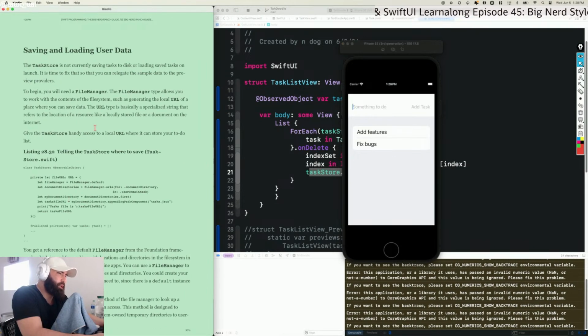Saving and loading user data. The task store is not currently saving tasks to disk or loading saved tasks on launch. It is time to fix that so you can relegate the sample data to the preview providers. To begin, you will need a file manager. The file manager type allows you to work with the contents of the file system, such as generating the local URL of a place where you